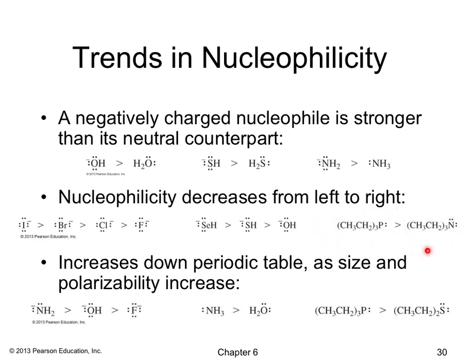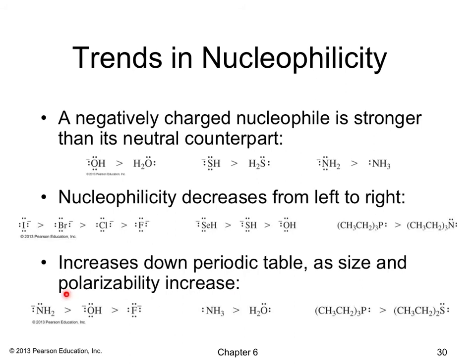Triethylphosphine, triethylamine, here's your trend. So again, you can utilize your periodic table and just know that if you go from left to right, you can have this trend of decreasing nucleophilicity. And as you go down the periodic table, nucleophilicity increases as the size and polarizability increase. So